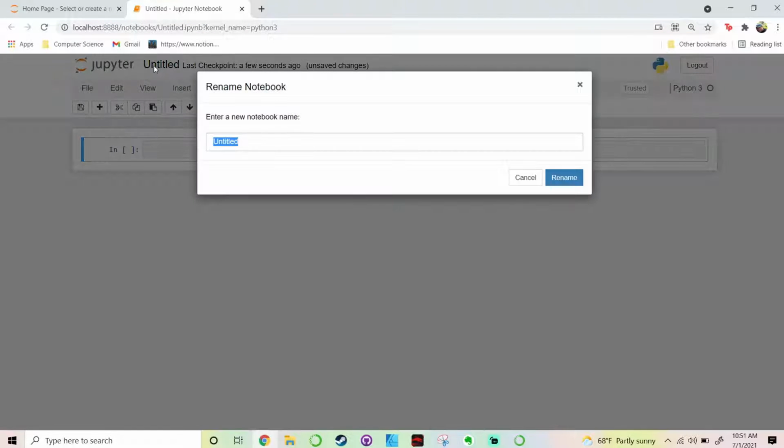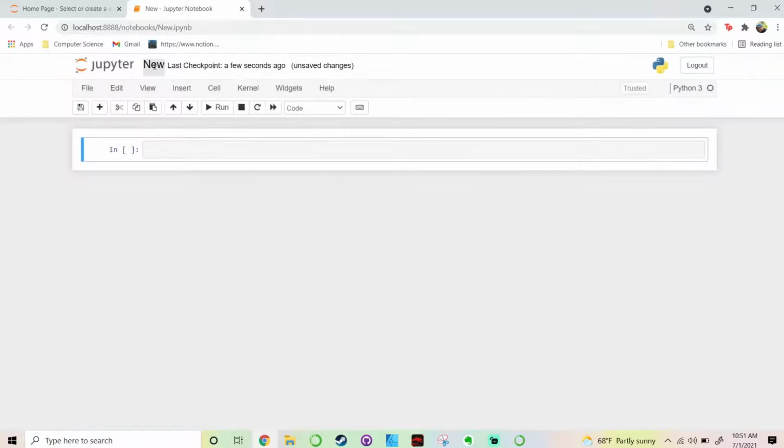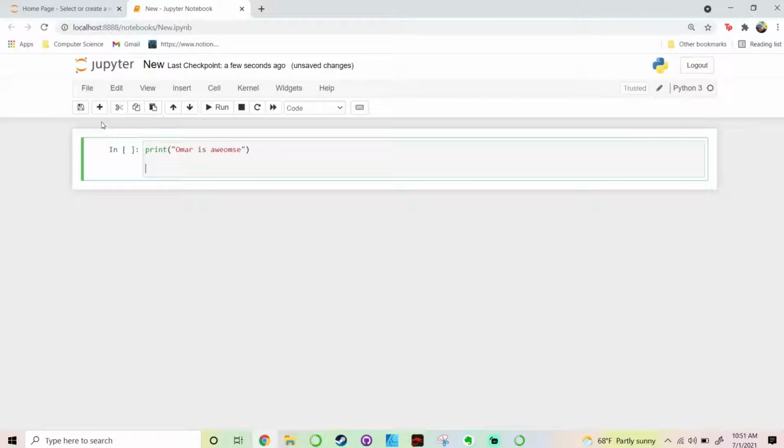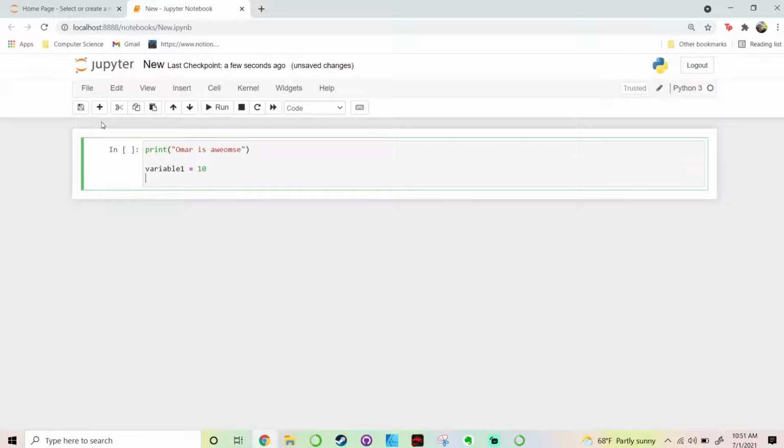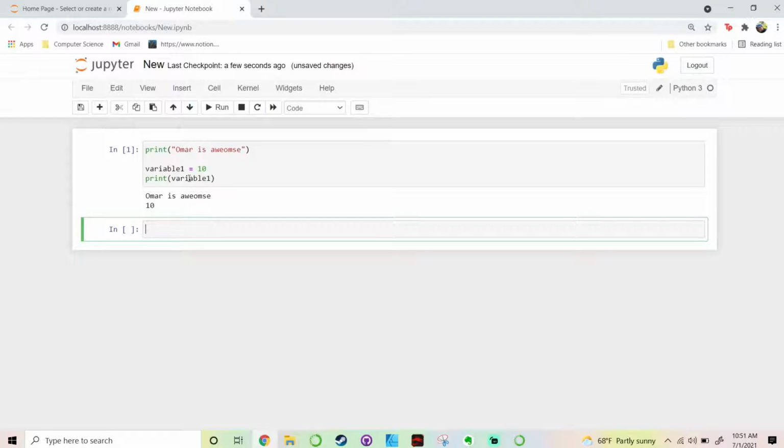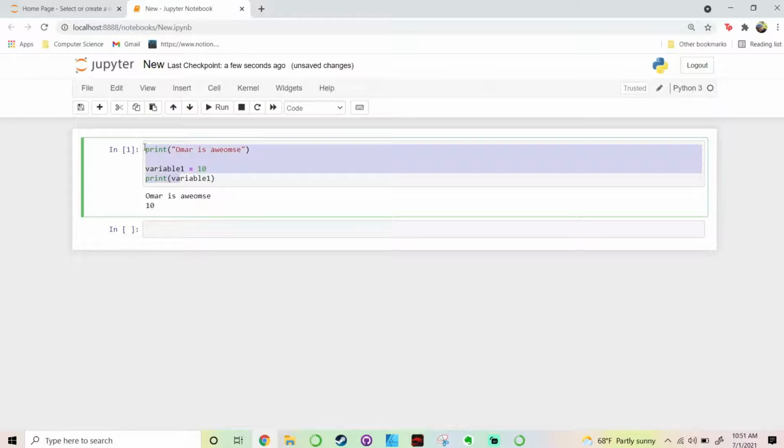And then you name the file, let's say new. Okay. And then here you have a code cell. A code cell is a place where you can write your code. So for example, print Omar is awesome, right? Variable 1 is equal to 10. Print variable 1. So you see here, after I ran this code cell, and you run this code cell using Shift-Enter